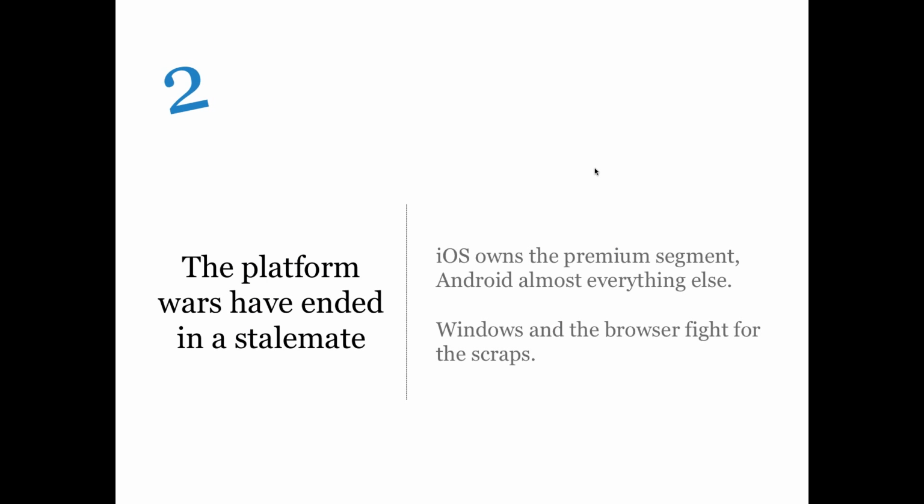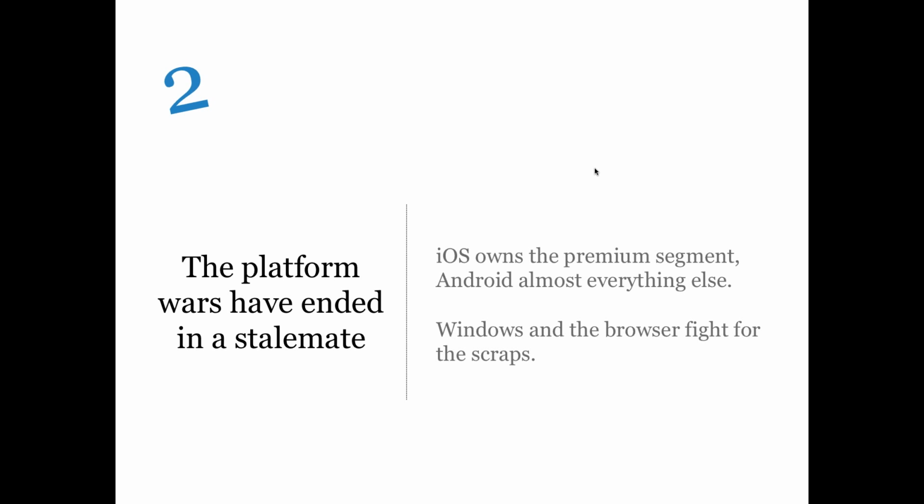Moving on to a topic that should be familiar to many: platform wars. We've long been saying, for at least 2 or 3 years, that we see no change in the concentrated landscape, aka the duopoly. With every release of our report, we see that conviction become more and more crystallized. And so in the latest report, we say that the platform wars have ended in a stalemate. There are no further moves that we expect for